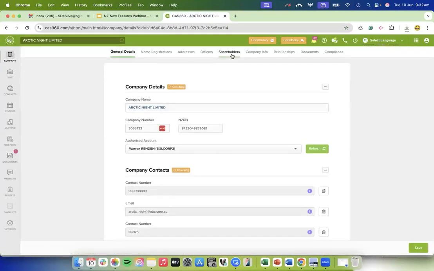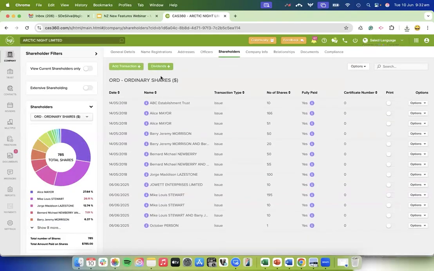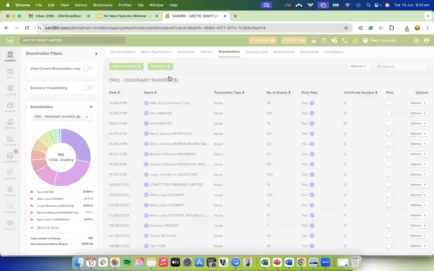So the dividend screen is under your shareholder screen, and you'll see the dividends button. So very similar to the director's interest workflow, we've got two items. You've got an add dividend option, and then you've got a review dividends option where you can view the previous dividends you have recorded. So with dividends, if you click on add dividends,